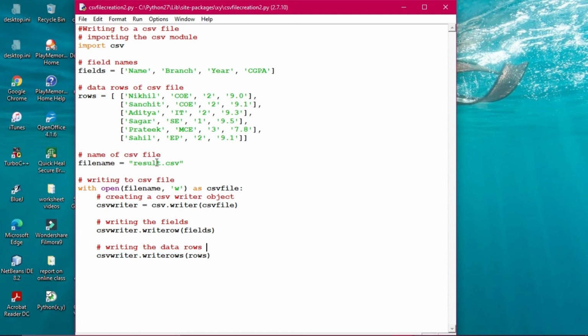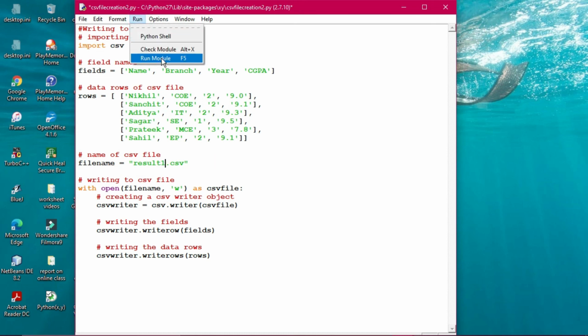So here, if I give some other name also, since result is already created, that will also work because we have opened the file as a CSV file in the write mode. And the CSV writer class has writerow for fields. That means these fields are being written out here, and with CSV writer, writerows writes the rows. So two different methods have been used here. One is writerow, writing the names of the fields, and the other is writerows, writing the rows which have been given. Here it is writerow because it is single, and here it is writerows because there are several rows.